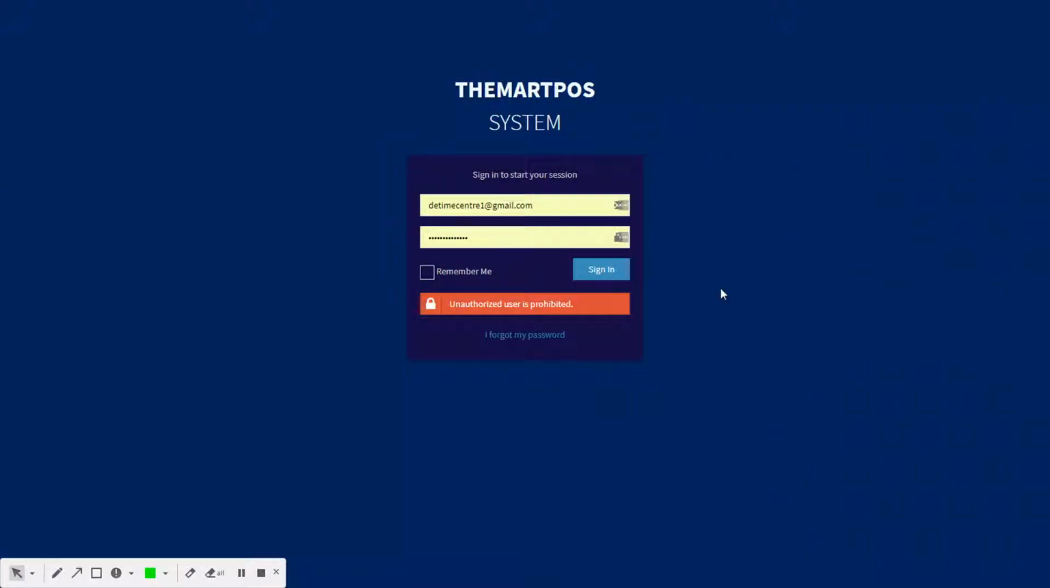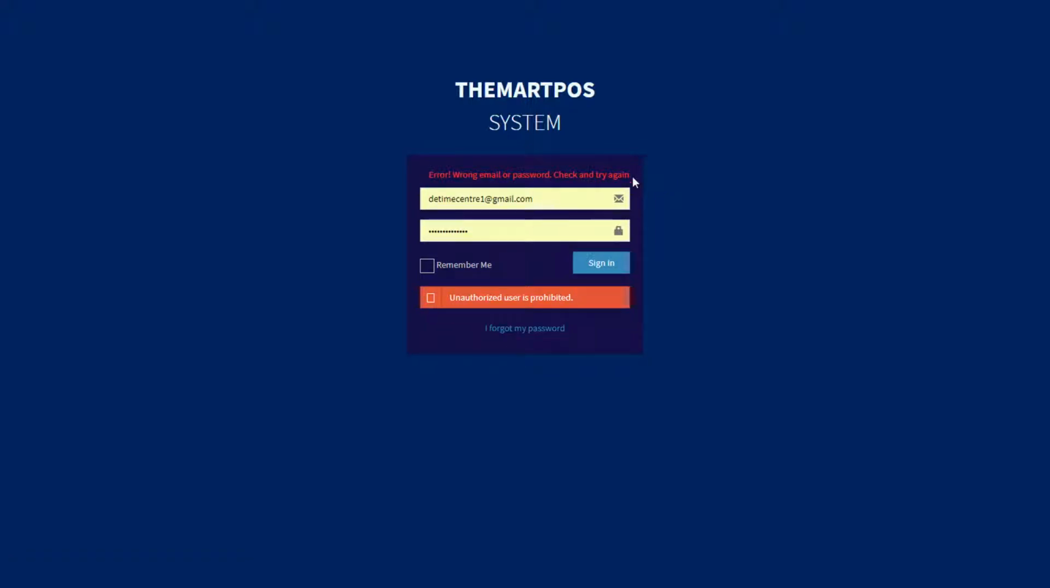The Themartpos system is a point of sale system used by retailers purposely for transactions. Before we proceed, the user must log in with the required email and password. Note: the email and password must be a correct one